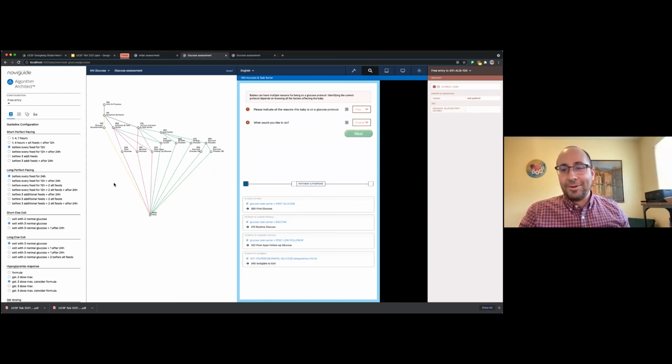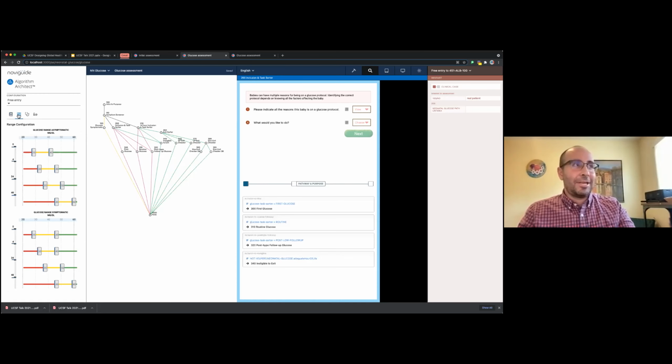For those of you on the call who don't know about newborn glucose, if you went to Boston Children's, Philadelphia, UCSF, and Stanford and said, show me how you're managing your babies' glucose, you would find 4 different protocols. This is highly variable. We set out to ask, could we build something that could account for all of those variations? Let me show you what that looks like on our end.